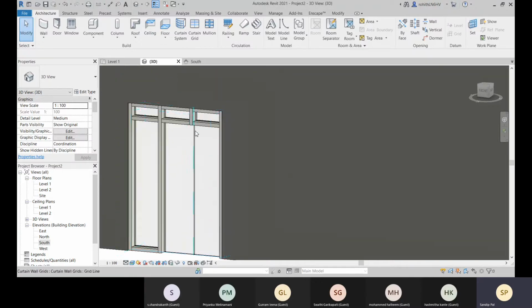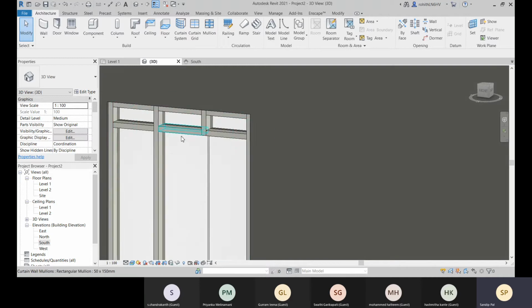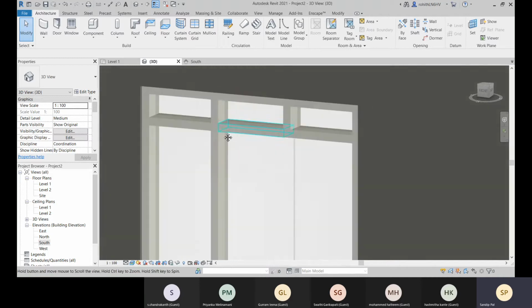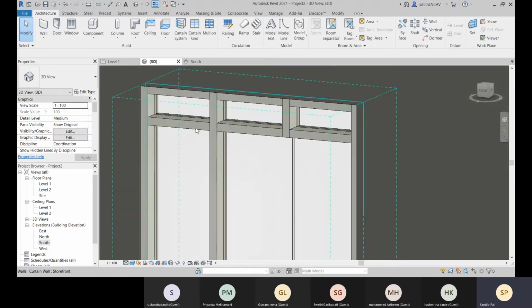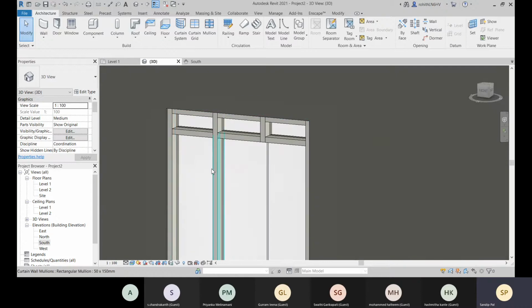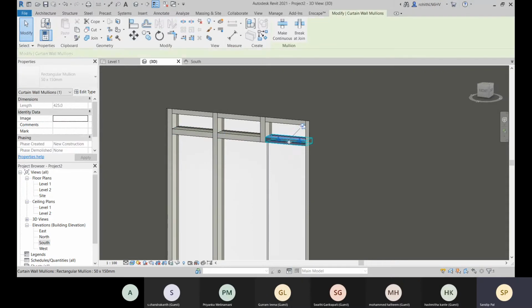Okay, so now let me just show you one more thing. That is, this horizontal mullions are not continuous. This vertical grid is continuous, but I want to make this horizontal grid continuous.